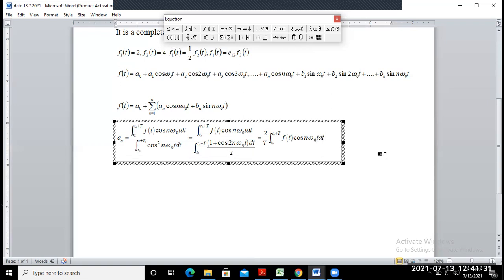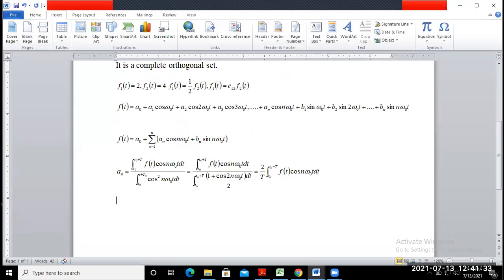Okay, similarly we can write the coefficient of b n